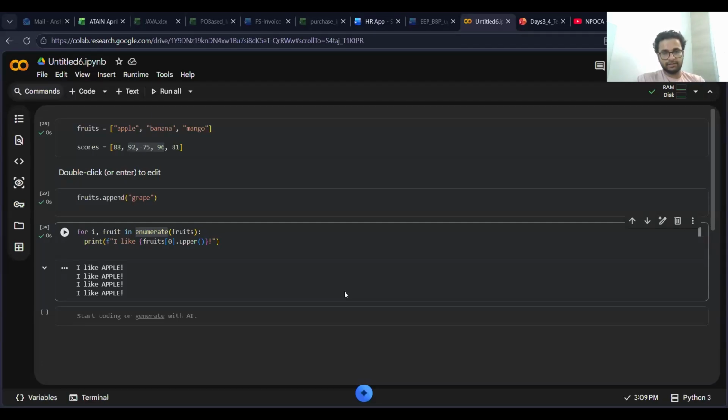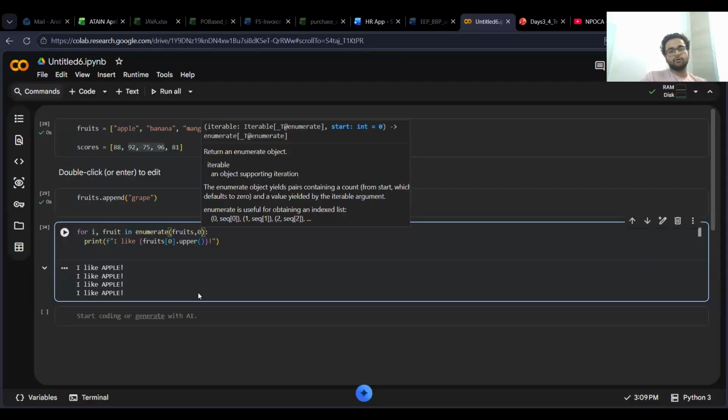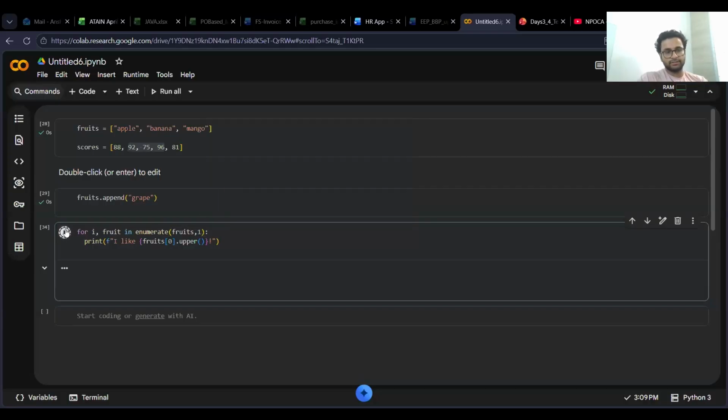So, like for example, by default, this attribute is set to zero. Start means zero. Like if I want to start my list from the first index, not the zeroth index, if I just mention one here, this will not print four individual line items. This will then